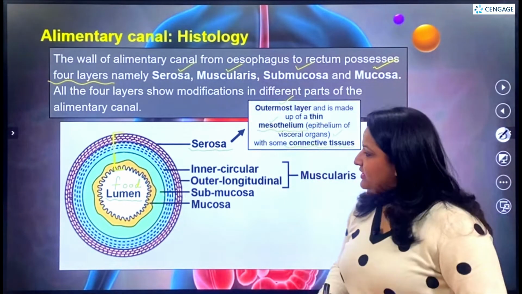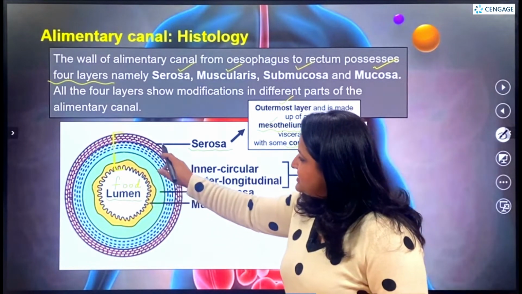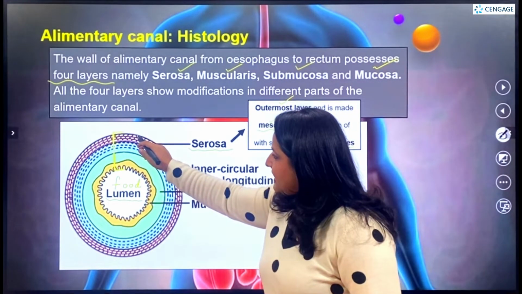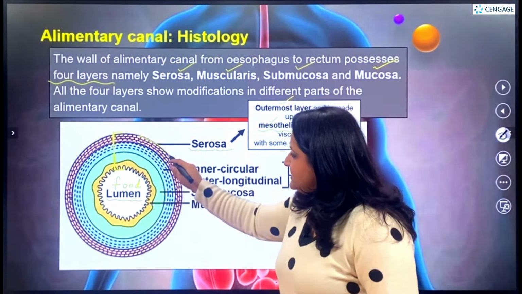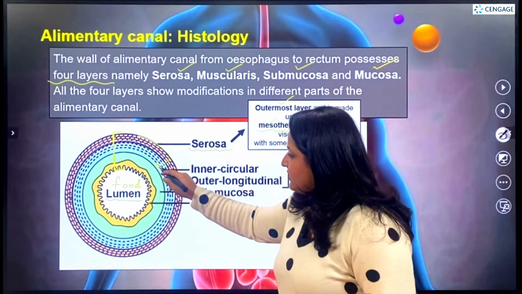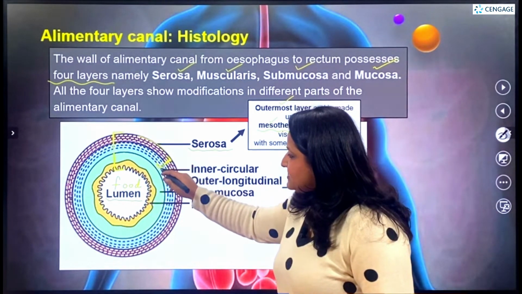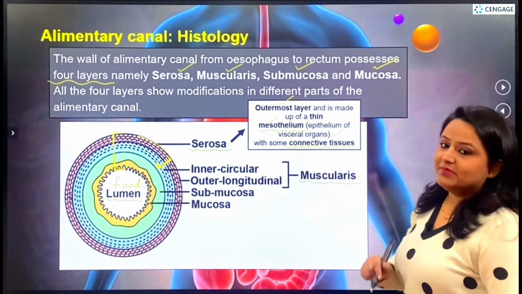Then inner to the serosa, we can see this layer over here. This whole black layer that you can see completely is the serosa. Now this layer from here to here is the muscularis layer. Muscularis is the layer which is made up of smooth muscles.